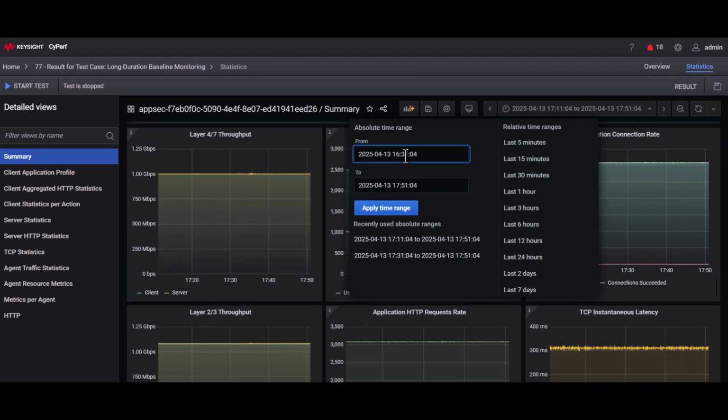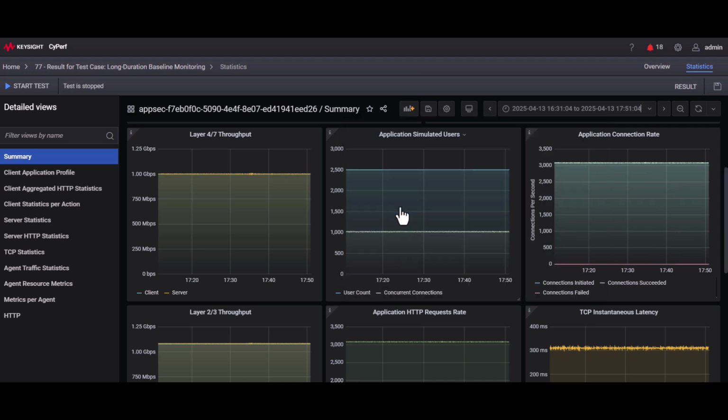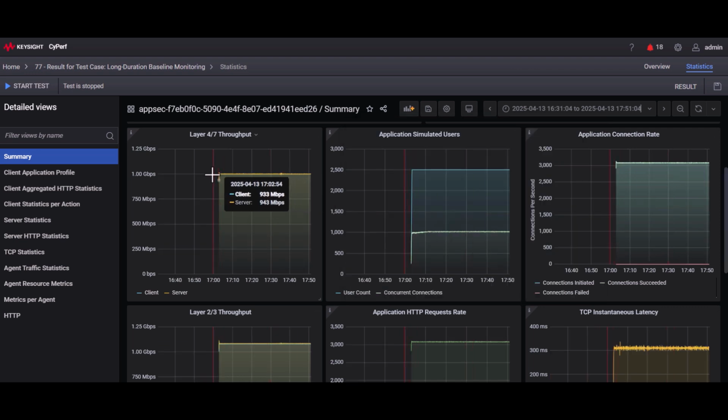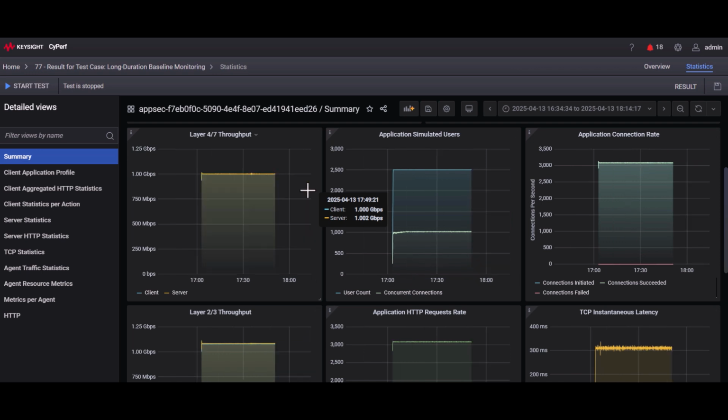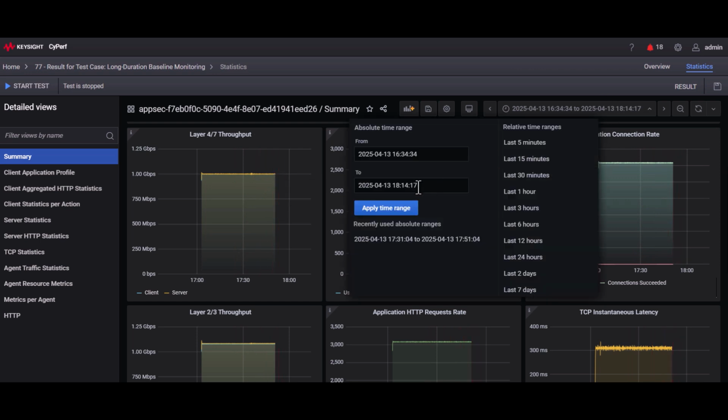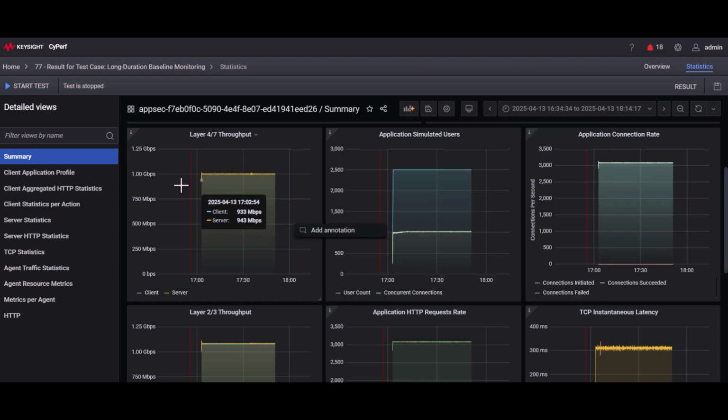And CyPerf gives you the flexibility to look at a particular time range. And you can always slice it to see, okay, what happened for the last 1 hour or last 20 minutes, to see any kind of deviations, any problems. So at least from the statistics side, we see that this particular network can maintain some level of throughput steadily